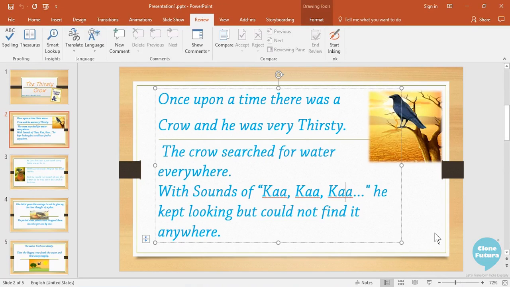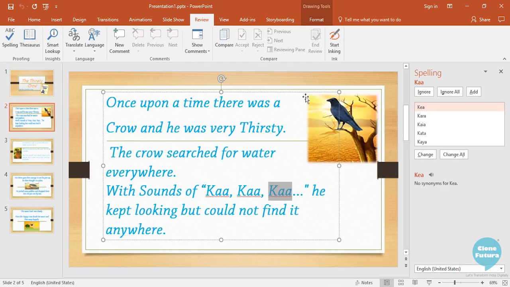This check for the entire presentation can be performed from the Review tab. For this, go to the Review tab. From here, we can select the option called Spelling from the Proofing group. A dialog box or a pane will open where you will get a word that has a spelling error. Then we can see a list of words as suggestions of the correct spelling. You can select the correct one and click on Change.